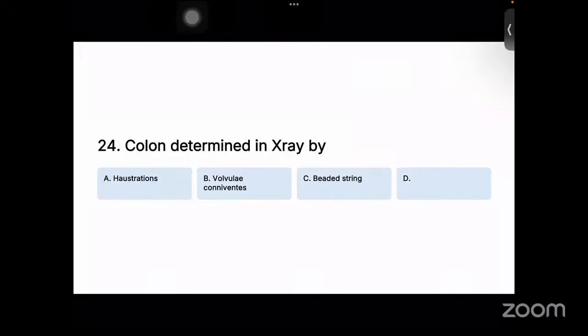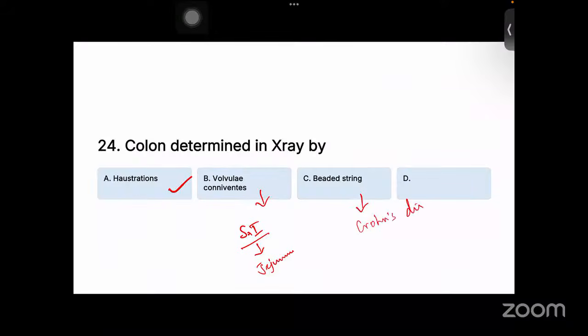Okay, so next we have colon determined in X-ray by haustrations, because valvulae conniventes is basically for the small intestine, especially the jejunum, and string of beads is a sign in Crohn's disease. It's a sign in Crohn's disease. Okay, here